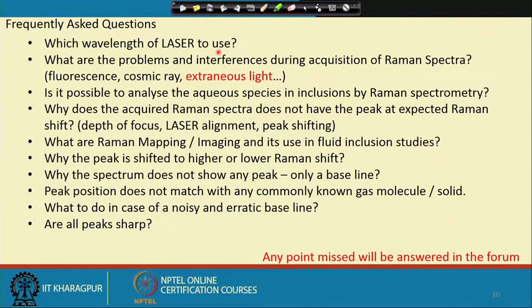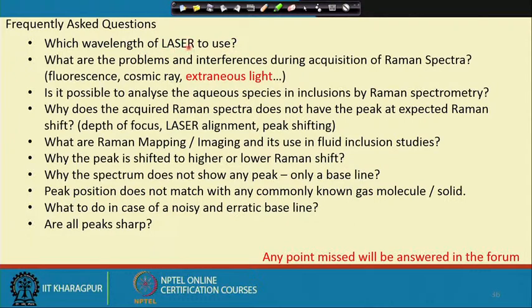We know that the shorter the wavelength, the higher the energy of the laser, but sometimes high energy is a little bit of a disadvantage, because if the material is highly fluorescing, then it is always advisable to take a longer wavelength laser where the fluorescence is minimized. That is the reason why, during sample preparation also, we have to take some extra care that the mounting media we are using should not be fluorescing, or even if we are using that mounting media, it is advisable to take the wafer out of the slide on which it is mounted before we go for taking the Raman spectra.